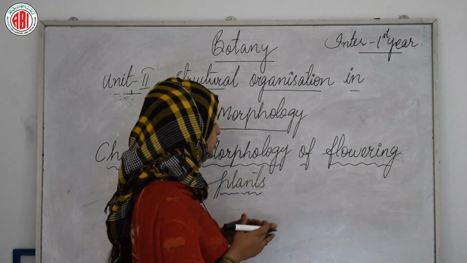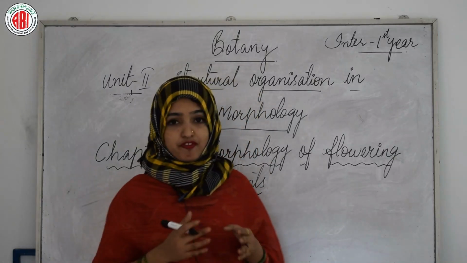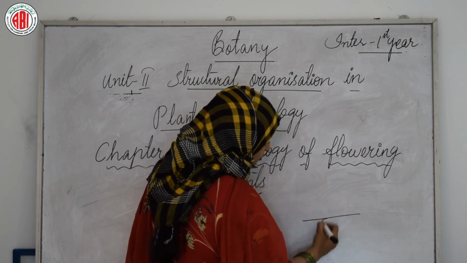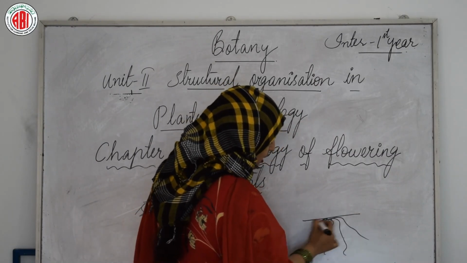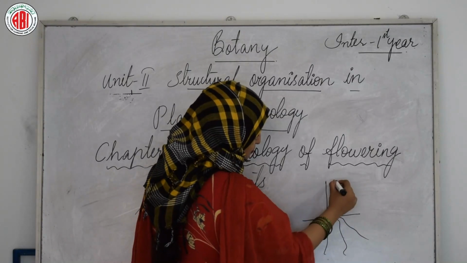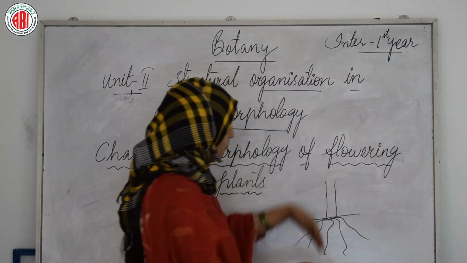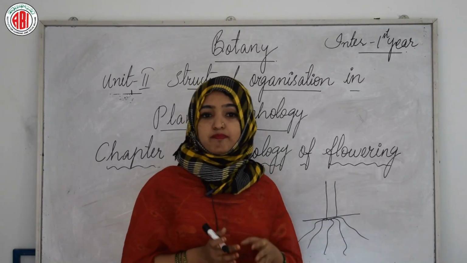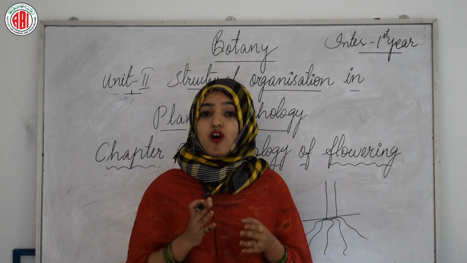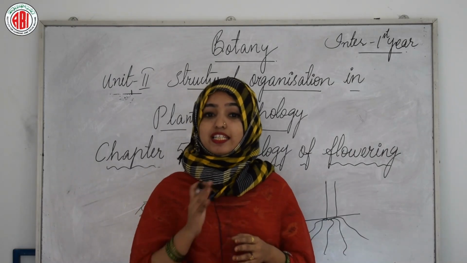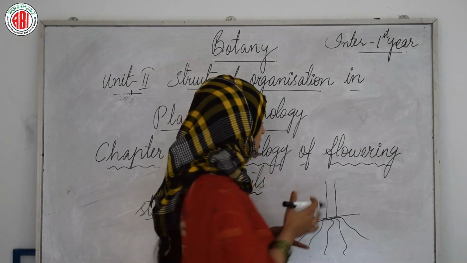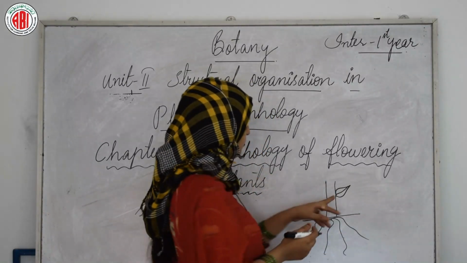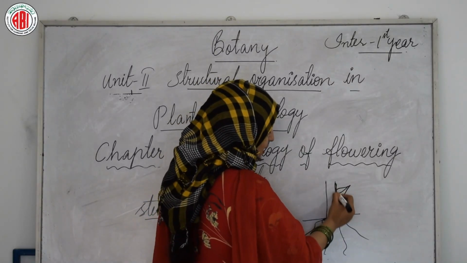Actually, we all know that a plant body consists of different major parts. From that, one is the roots that we have already learned, and the next one is the stem, which is present on the upper surface of the soil, and it consists of a few main parts like nodes and internodes. And what are nodes? The region of the stem where leaves are borne. Just suppose leaves are arising directly from the stem, then these regions are called nodes.